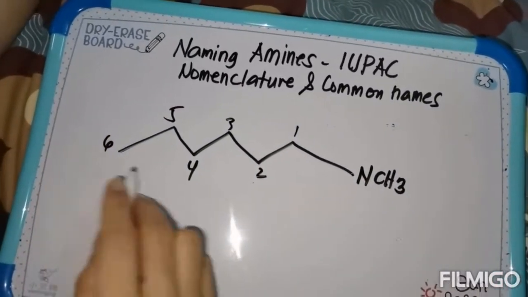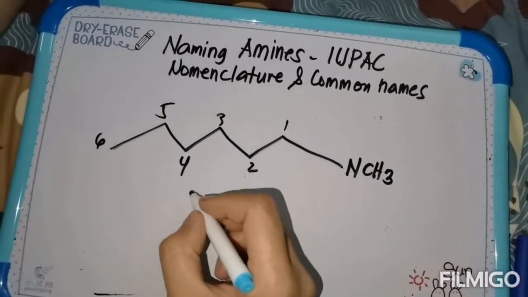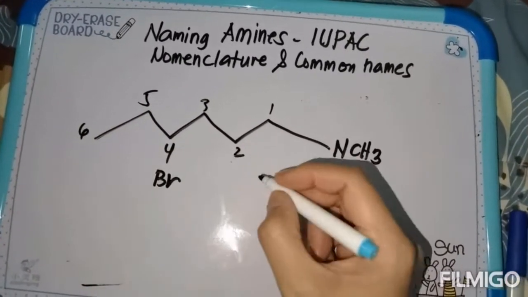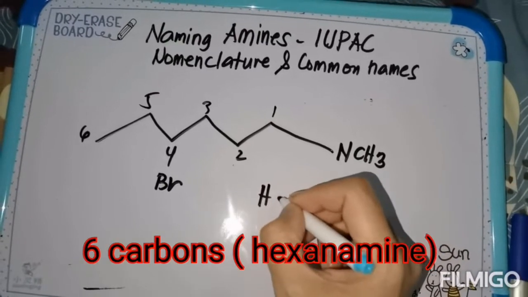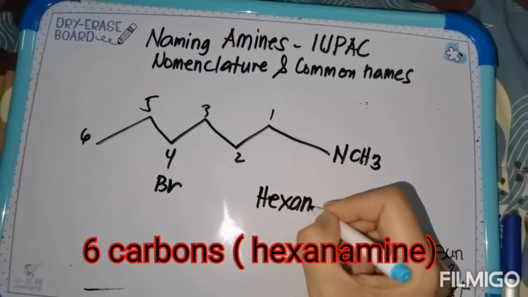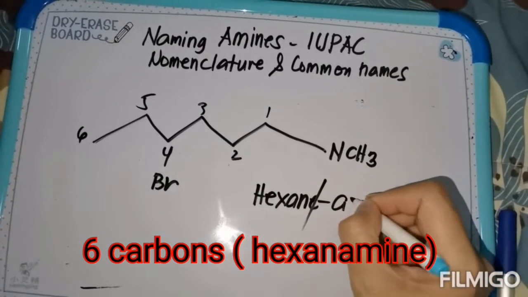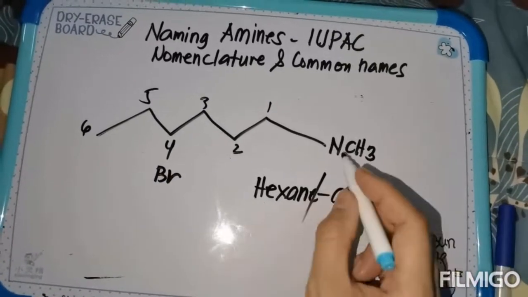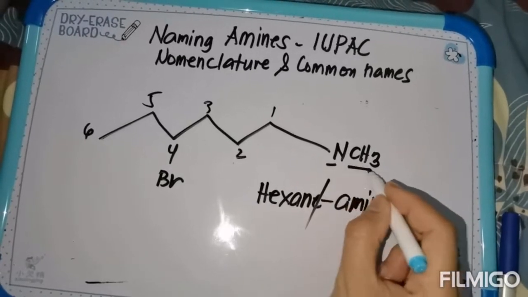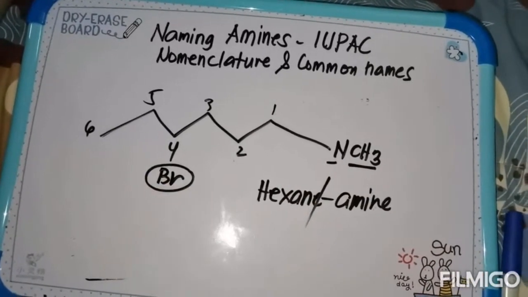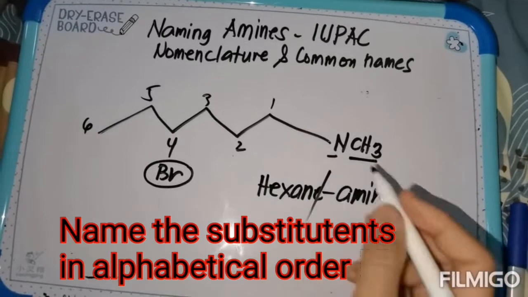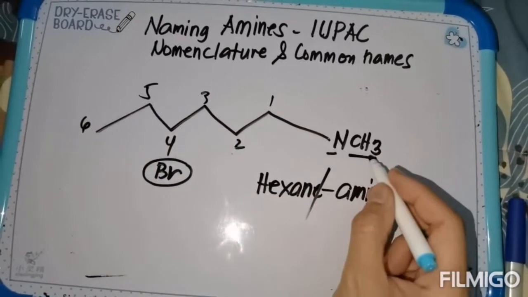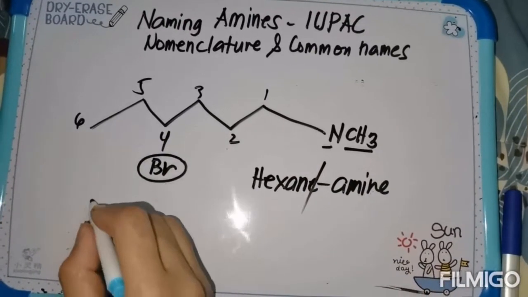We have a six-carbon parent chain, and we have a bromo here, so that will come up with hexane, and drop the E for hexanamine. So it will be N here with the methyl group and a bromo here. So we are going to name this in alphabetical order. B comes before methyl, so we will name this as 4-bromo,